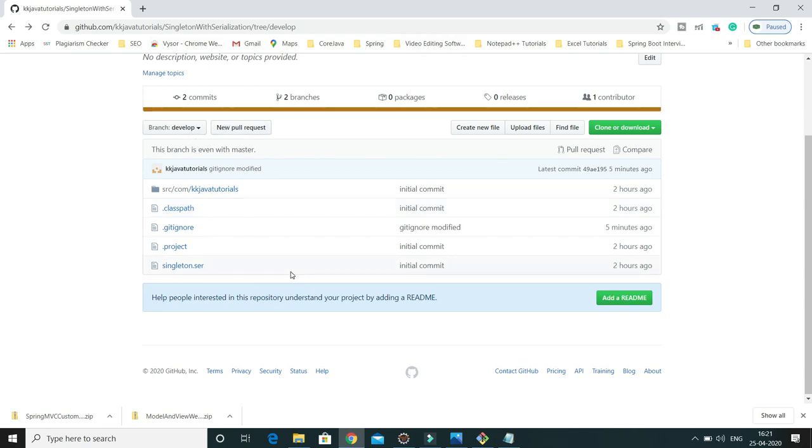Now, commit 1 I want to revert, but when I revert the changes related to commit 1, which is done by user 1, whatever commit is done by user 2 shouldn't be reverted. So basically I would like to revert all the changes related to a particular commit. How can we do that? That's the use case we are going to look at.